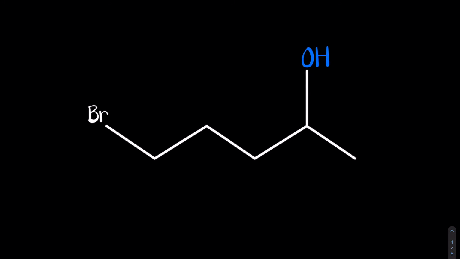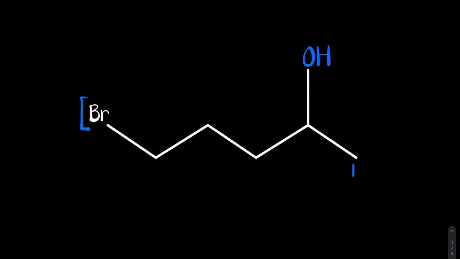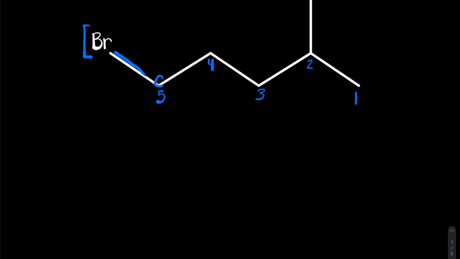All right, next one. So, where do we number from here? Well, alcohol groups get priority over those halogens, the haloalkanes. They fall on the same priority as alkyl substituents. So, number from here, 1, 2, 3, 4, 5. Do not make the mistake of thinking that this is a carbon atom attached to that bromine. It is not. The carbon atom is right here. This is the bond to the bromine. So for this case, this is 5